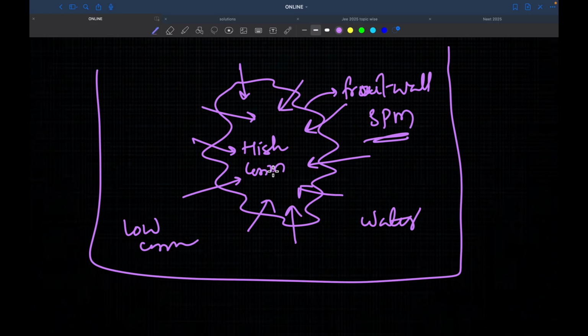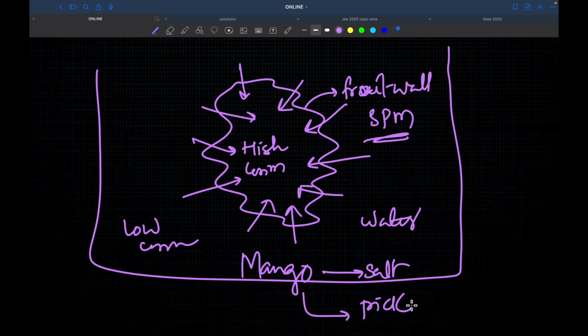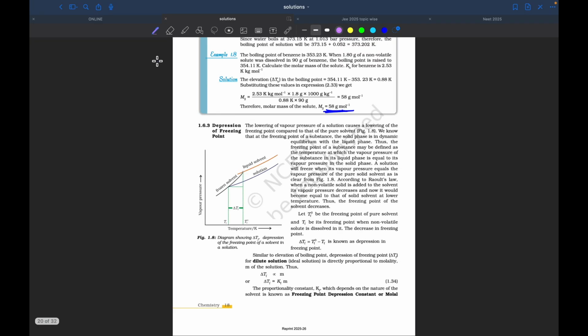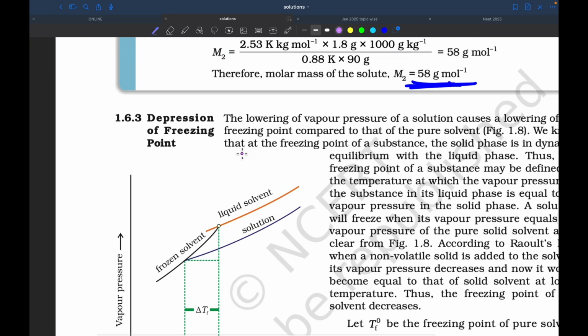These are the real life examples, right? So if you cut a piece of mango and you put them in the salt water, what happens? It becomes like a mango pickle, isn't it? So it produces mango pickle. The mango pickle is also an example of osmosis, where in mango pickling the osmosis process takes place, right? So we'll see the osmosis here in our